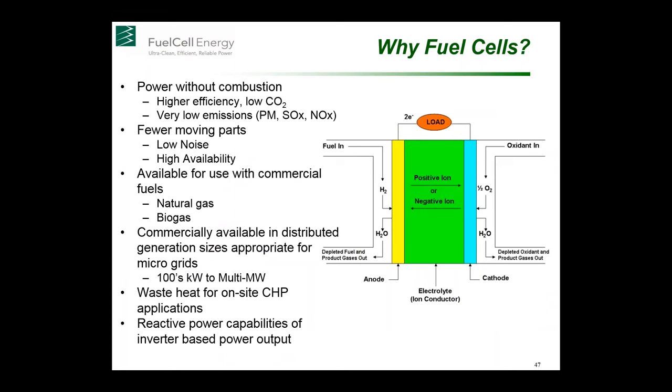So why are people interested in fuel cells? What's so good about fuel cells? That first bullet there is pretty much the whole story. It's the production of power without combustion. You're essentially converting a fuel to electricity the way you convert nickel and cadmium to electricity in a battery, or lead and acid in a battery. Instead of